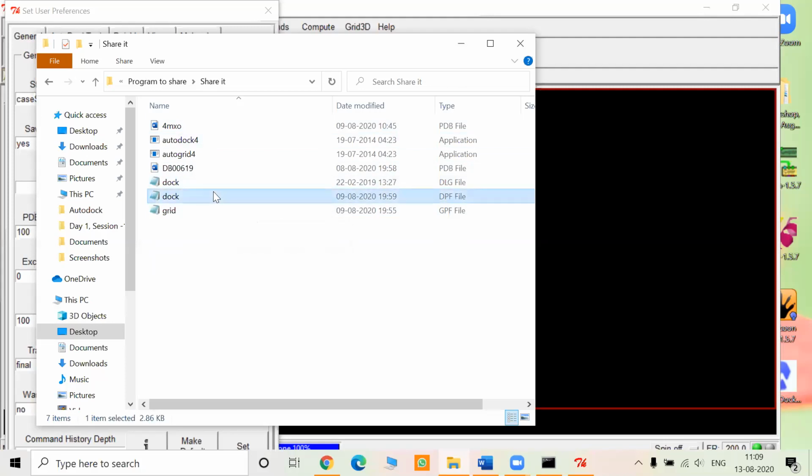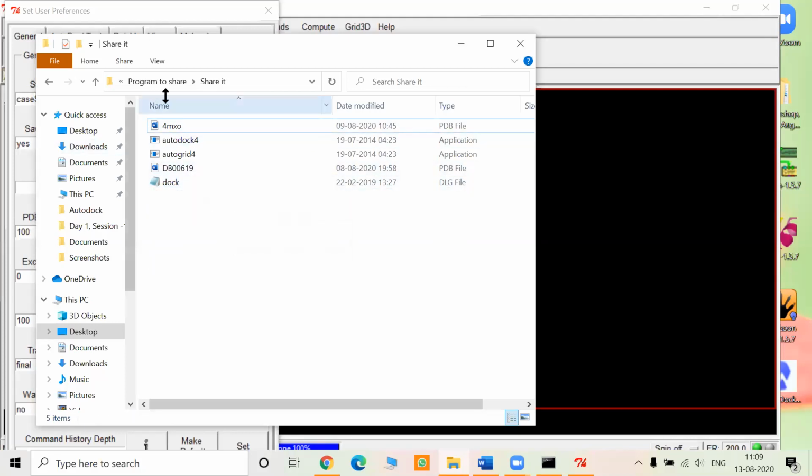So I'll go with this format where I have all the data previously. I will just go to this one and this one. We will generate the data from here. So now you can see that on my desktop, this is the place where I have saved all my documents for today's AutoDock docking purpose. Now 4MXO is a protein, that is the macromolecule which we are going to use for today's docking purpose. Now you see something else over here called